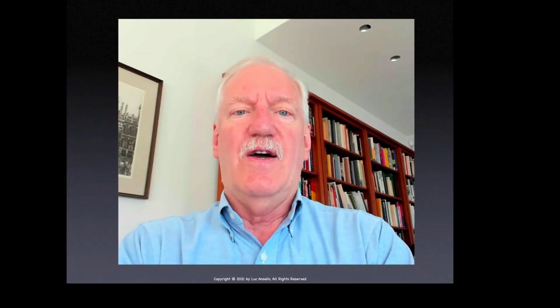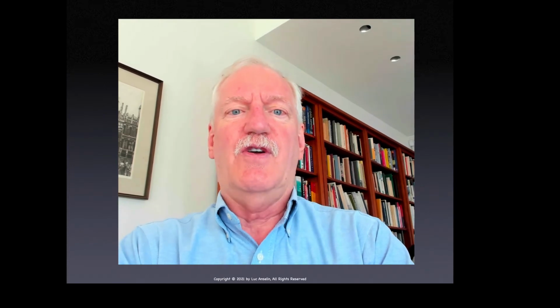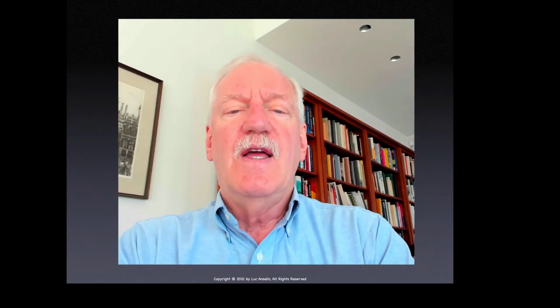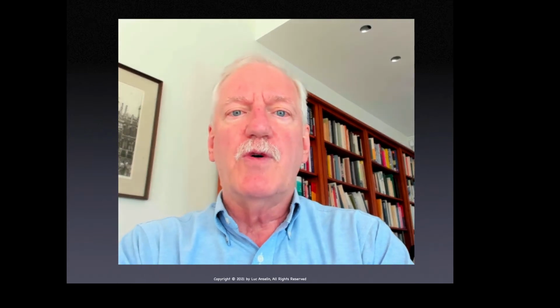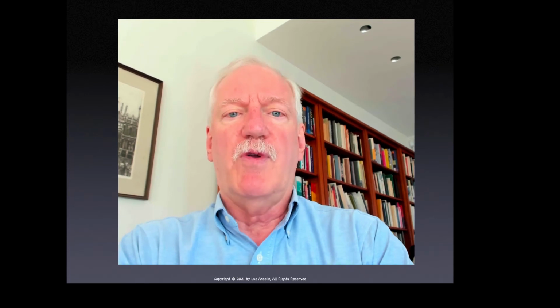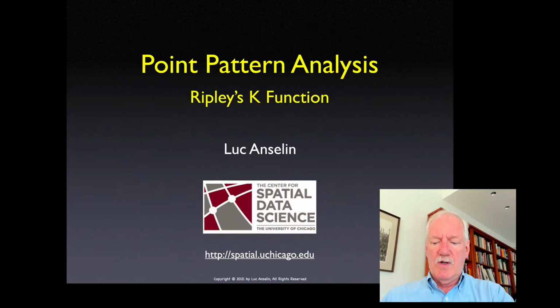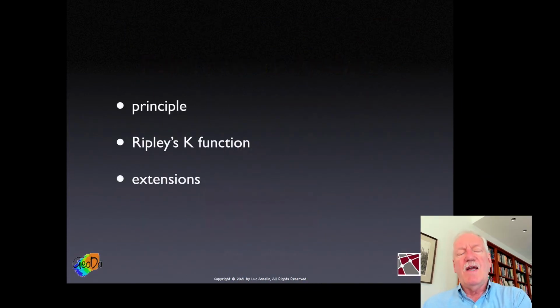Hello again. We continue with our discussion of point pattern analysis. And in this set of slides, I'll talk about arguably one of the most famous statistics for point patterns, Ripley's K function. And I'll start by discussing the principle, which is essentially a move from first order moments to second order moments. Second order meaning variance and covariance counterparts for point patterns, and then the function itself and a few